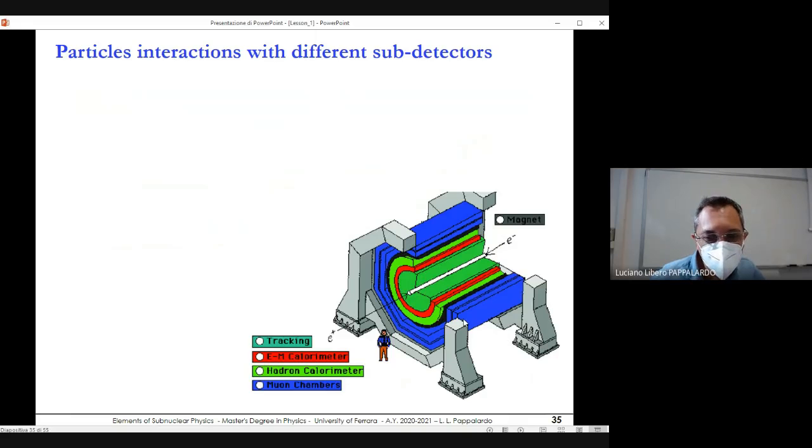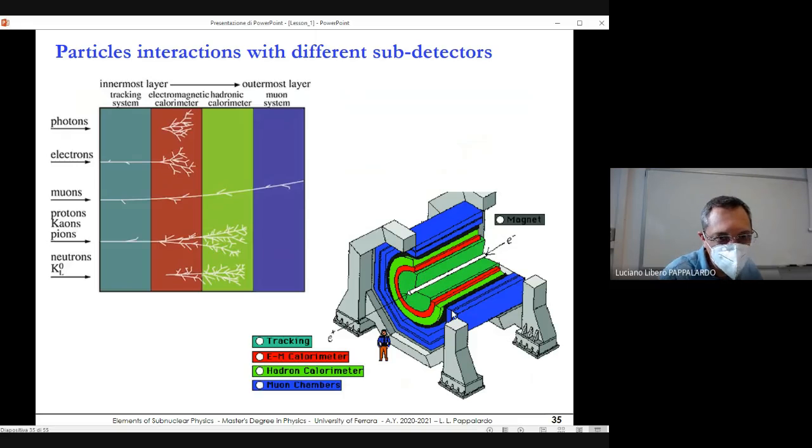The reason why the muon chambers are so far outside is that, apart from the neutrinos, which completely escape the experiment, the muons are the most penetrating particles produced in the interaction. They completely cross the full detector volume, and they are the only particles that can leave some signal in these outer layers. This we can see even better here.